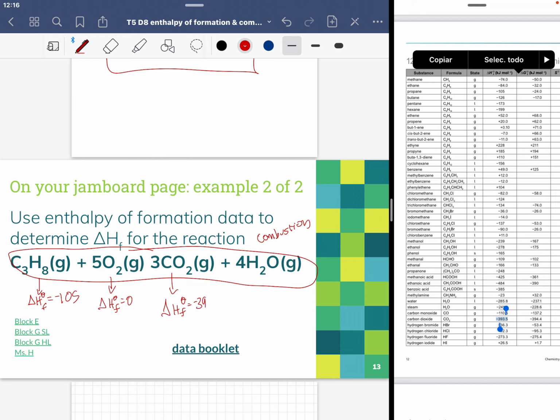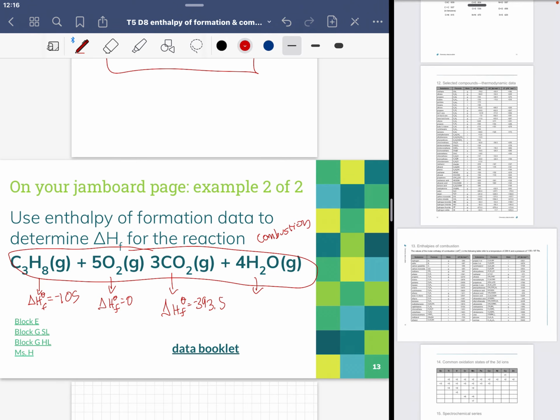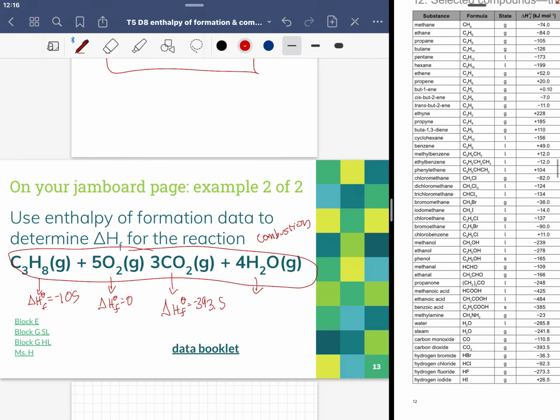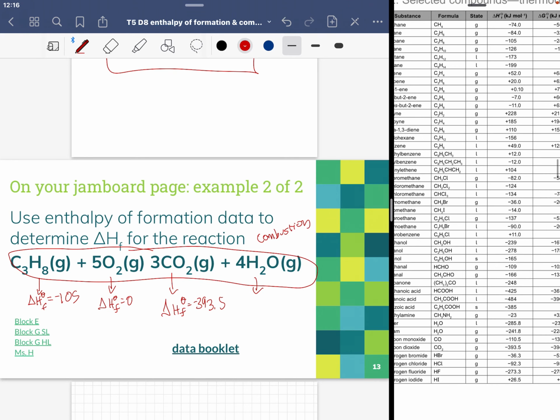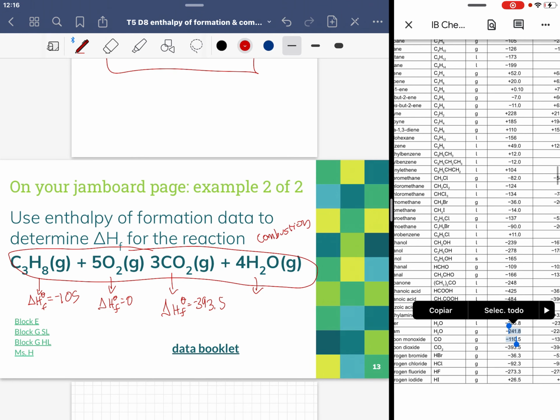H2O, great, and H2O gas, so I have steam. H2O steam is negative 241.8. So in order to show full work, I think the intermediates are helpful, but